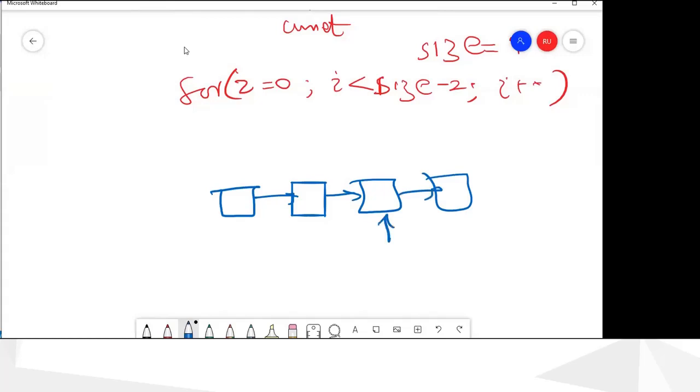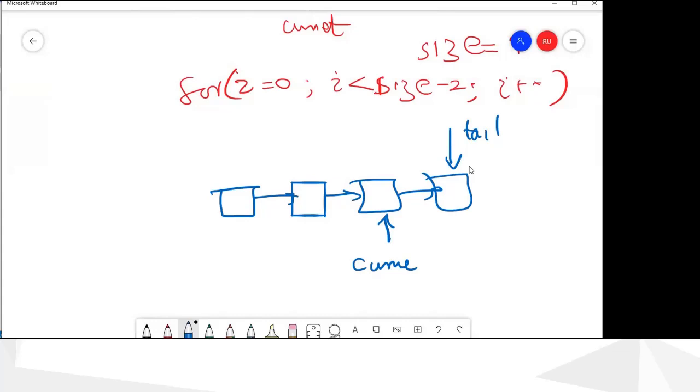So our current is this one, our tail was this one, and what we did was we make this one temp. Okay, and our current is this one. Then what we did was we point this one to here, and deleted this node.